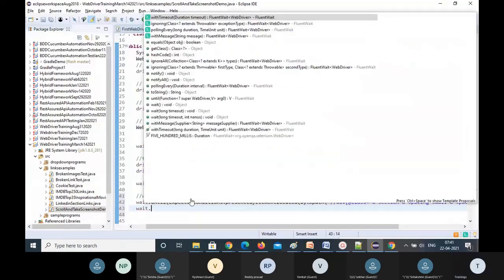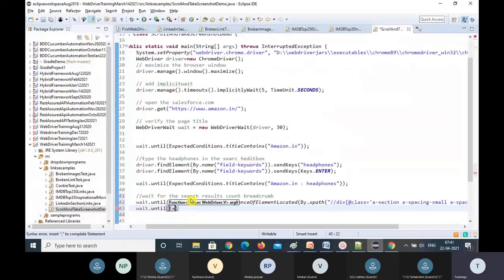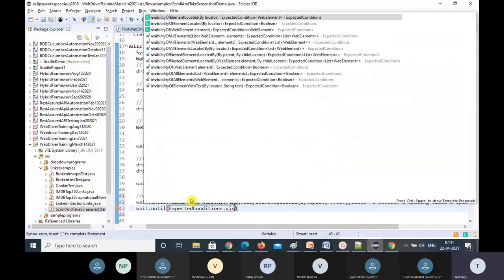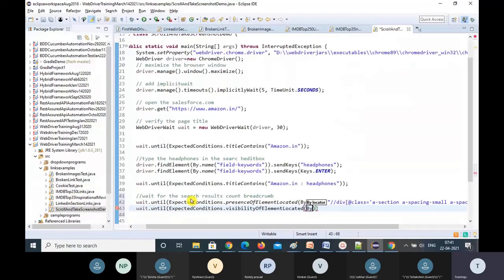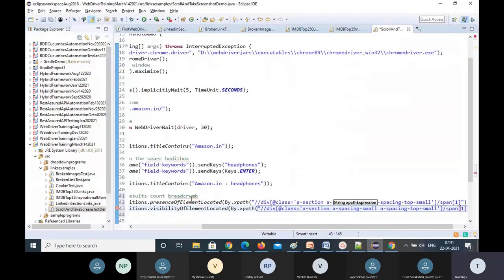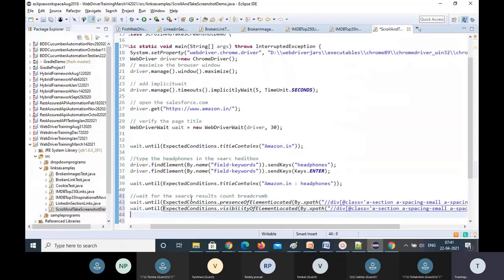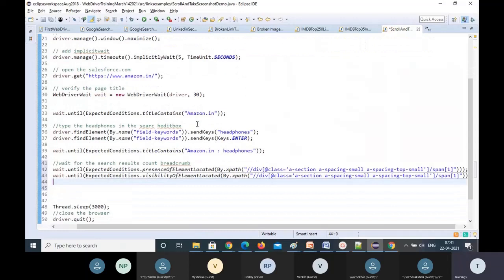Wait dot until expected conditions dot visibility of element located. So I can give By dot XPath, give XPath. Visibility means it should be visible for the WebDriver. Until that it will wait.